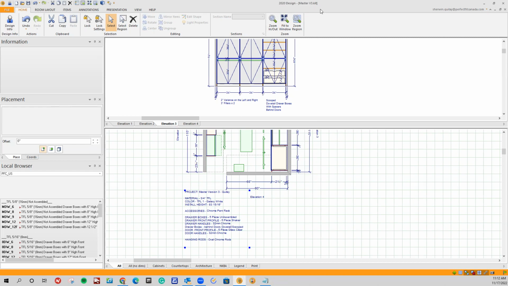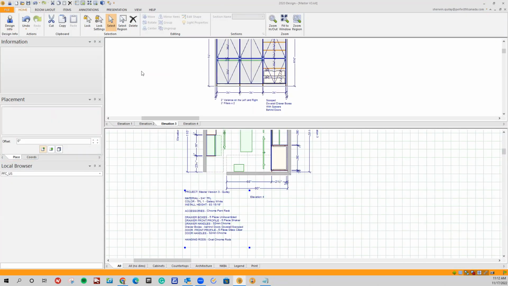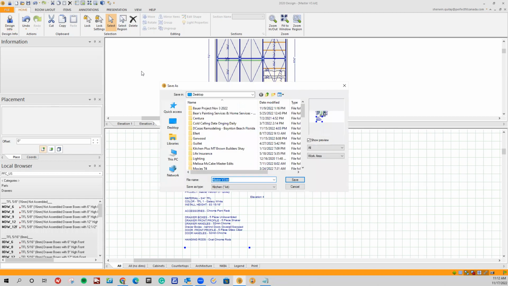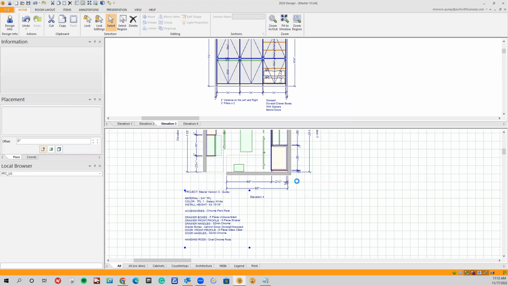I've labeled this as master version 3, so I'm going to give a better actual label because that's not a very good label. I typically like to have the customer's name and then the actual room name. So let's say that this is for Thomas and this is for master version 3. Now I've got the proper label. It's got the customer's last name, the actual room, and the version number. We'll click on save. So we're going to label everything as Thomas master version 3. Once it's done saving,